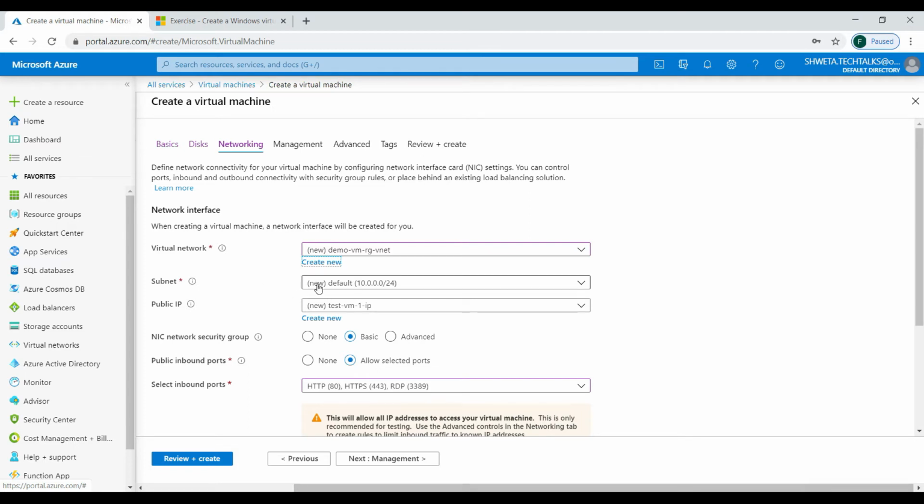So that's the default subnet that gets created. Public IP. For the VMs that you're going to create, you can access the internet from the VMs automatically. But for anyone to access your VM from a public network, you have to enable a public IP. So I'm going to leave this option where it's going to create a new public IP by name test VM1